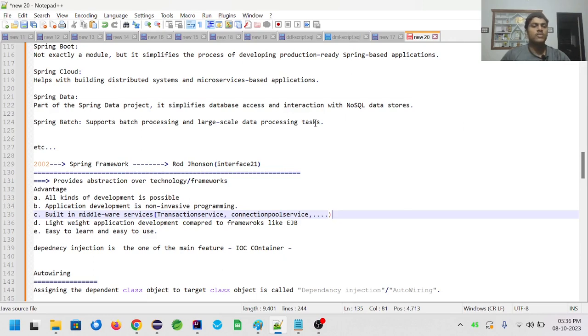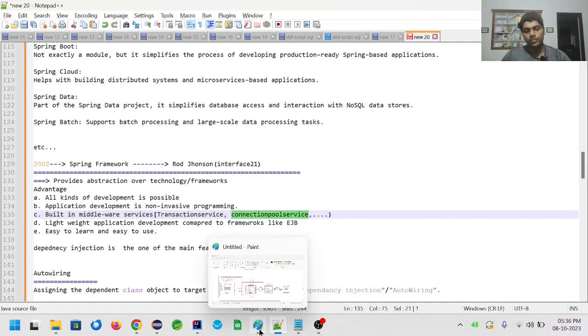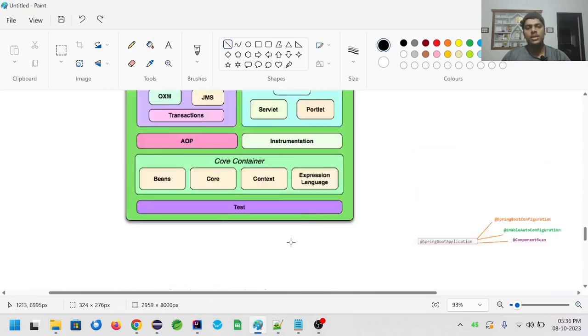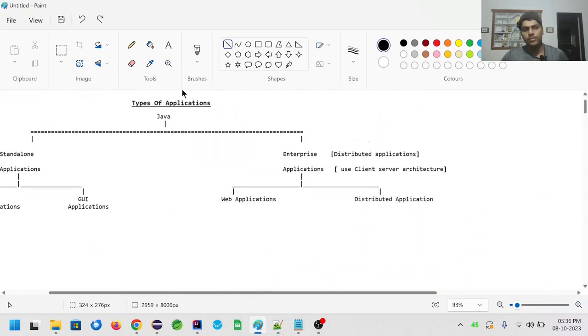By using the Spring framework, it provides built-in middleware services. You don't need to manually write the commit and rollback logic. Spring will take care of that for you. Then the connection pooling service. If multiple users are connecting to one database through one application at the same time, suppose,